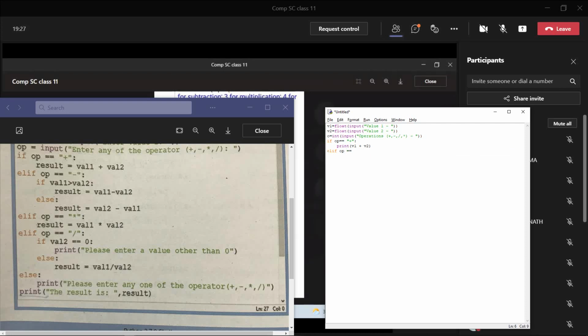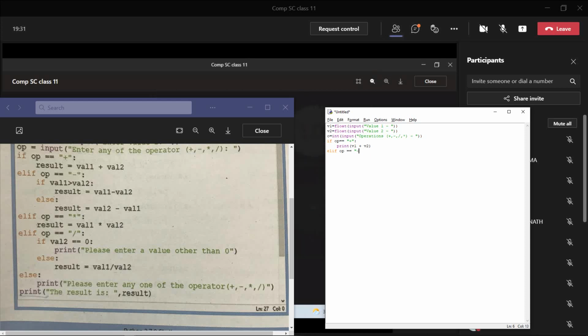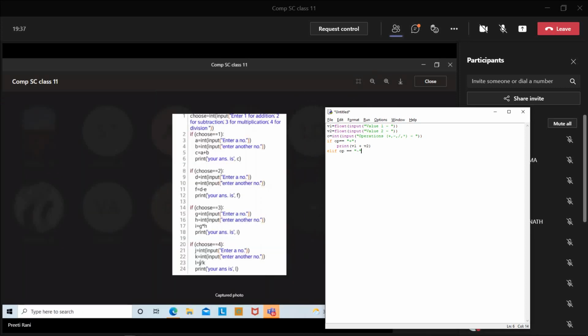This is also correct. See, you can check that also. Is this okay, all of you? Ma'am, I have also sent in the chat.